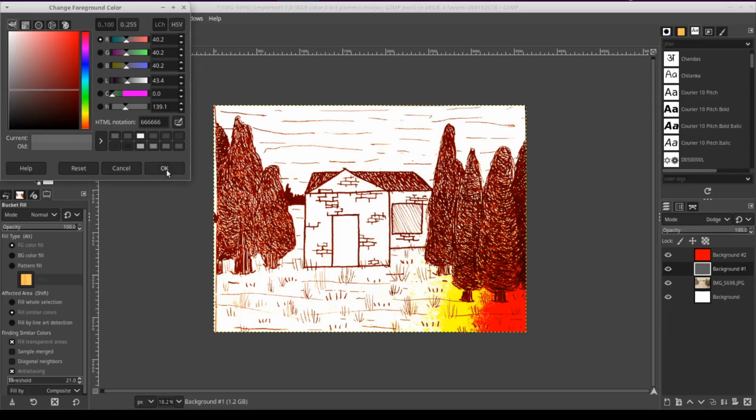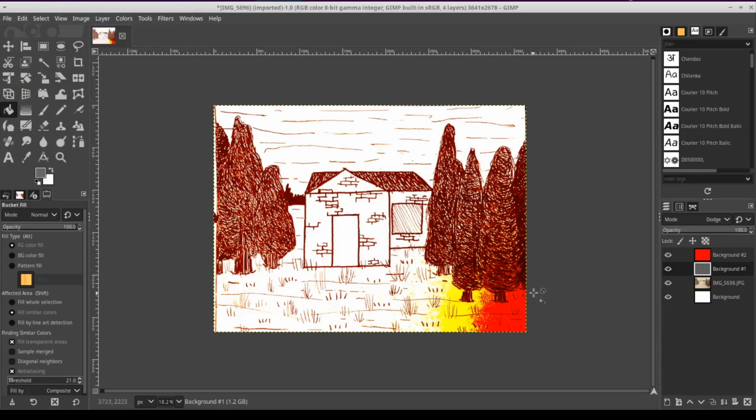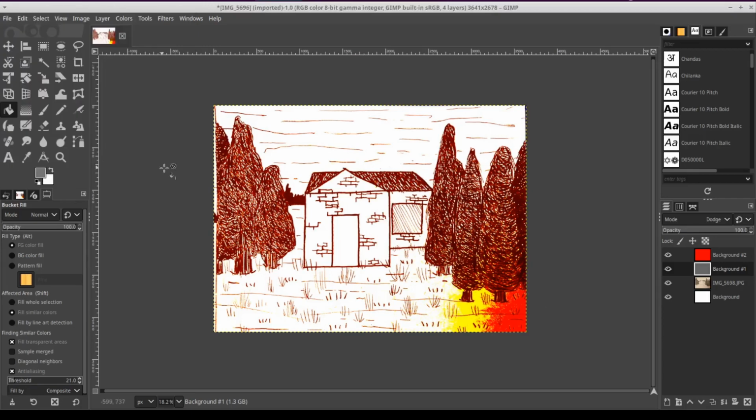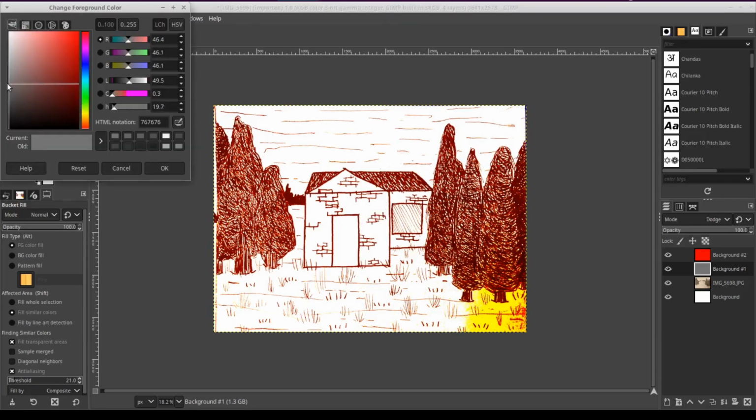And here, see, this here is a shadow. This is why I was saying that you don't want shadows on your paper, because stuff like this can happen. And you'll end up having to go much lighter to get all the color off.